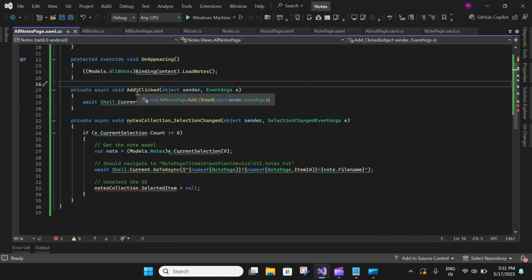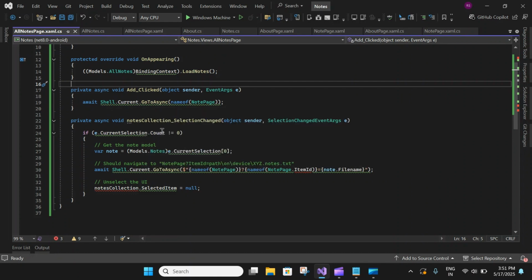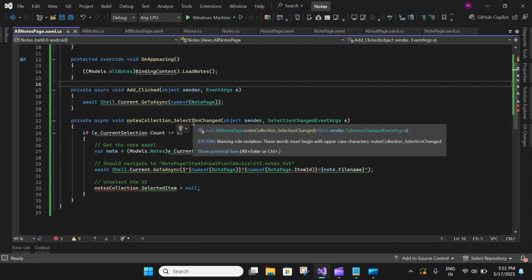Next, we have the Add_Clicked handler, which introduces another new concept called navigation. Because the app is using .NET MAUI Shell, you can navigate to pages by calling the Shell.Current.GoToAsync method. Notice that the handler is declared with the async keyword, which allows the use of the await keyword when navigating. This handler navigates to the note page. The last piece of code in the previous snippet is the notesCollection_SelectionChanged handler. This method takes the currently selected item, a note model, and uses its information to navigate to the note page. GoToAsync uses